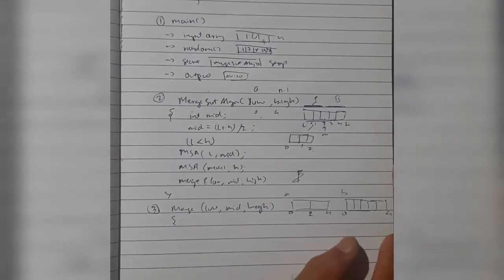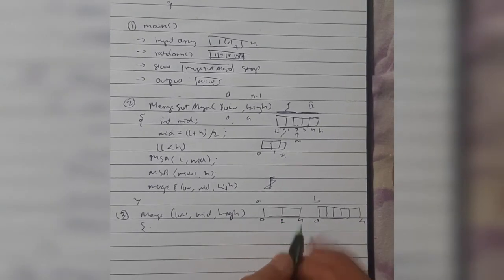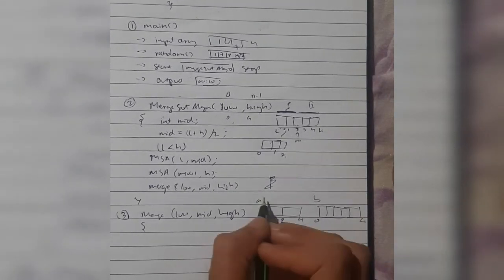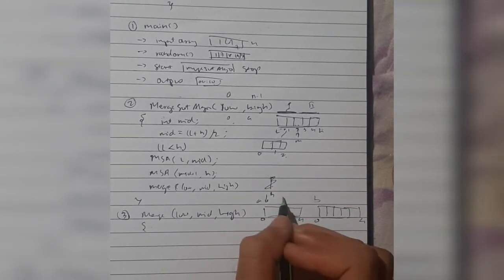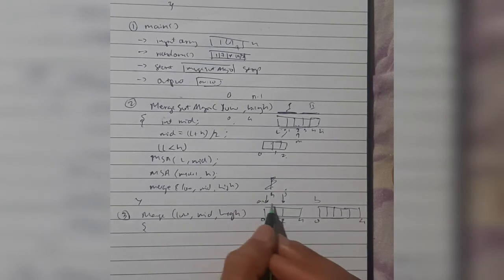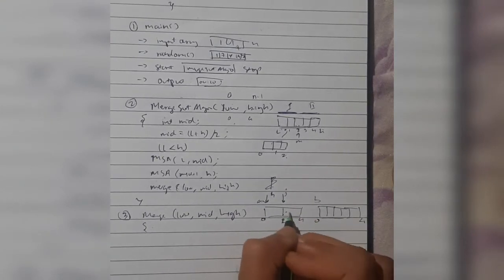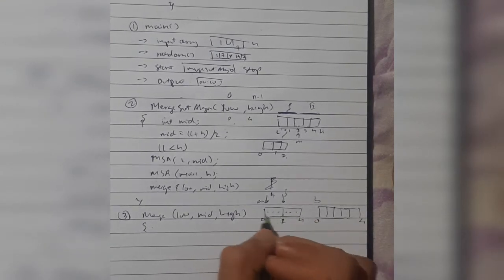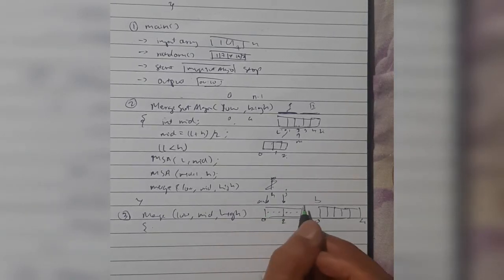After creating this array, first we'll be taking two variables, which is i, starting from 0, and j. If you don't understand, it's all right. When we take an example, you will understand. So i will be starting from 0, j will be starting from mid. Then we have elements here, right? We'll be comparing each of these elements. Is this smaller or this smaller? We'll be arranging in ascending order, meaning small to big.